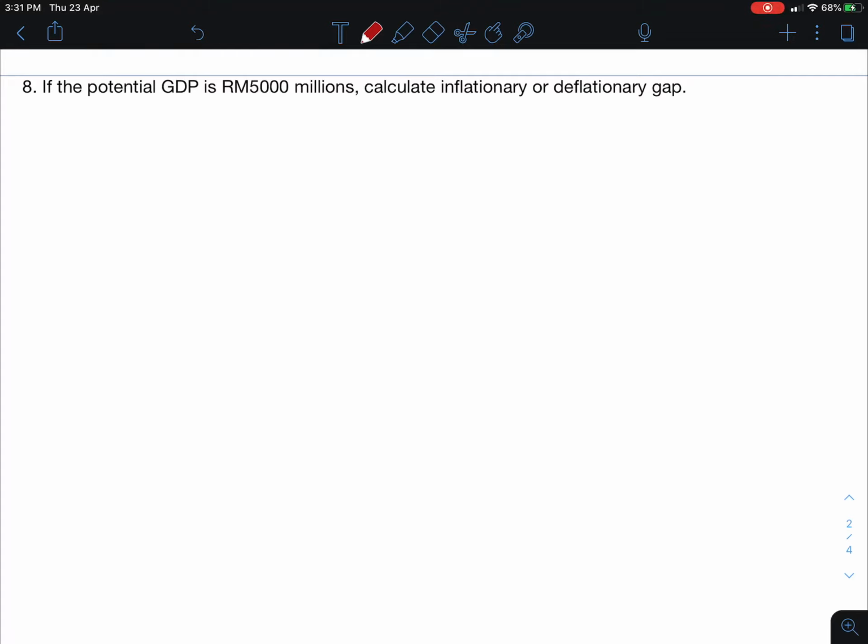Okay, untuk kira inflationary deflationary gap, kita kena dapatkan dulu jurang KNK, national income gap. Okay. Inflationary deflationary itu lebih daripada lompang inflasi, lompang deflasi. Okay, sebelum tu kita kena tahu dulu how much di national income gap atau jurang KNK. Okay. Jurang KNK